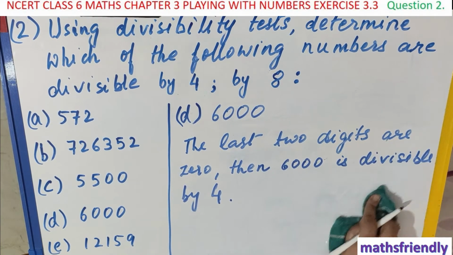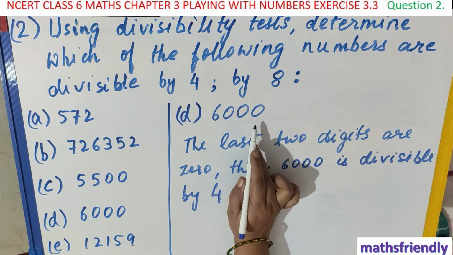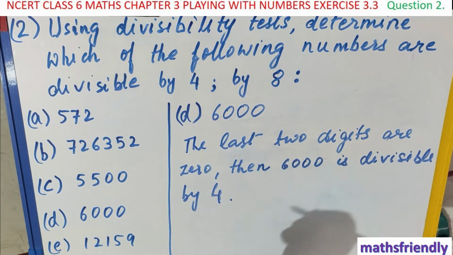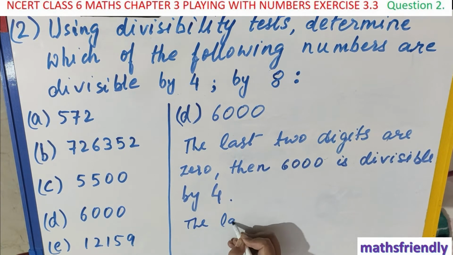So what can we write? What we can conclude is that when a number has last three digits as 0, the number is divisible by 8. Okay, so we will write that the last